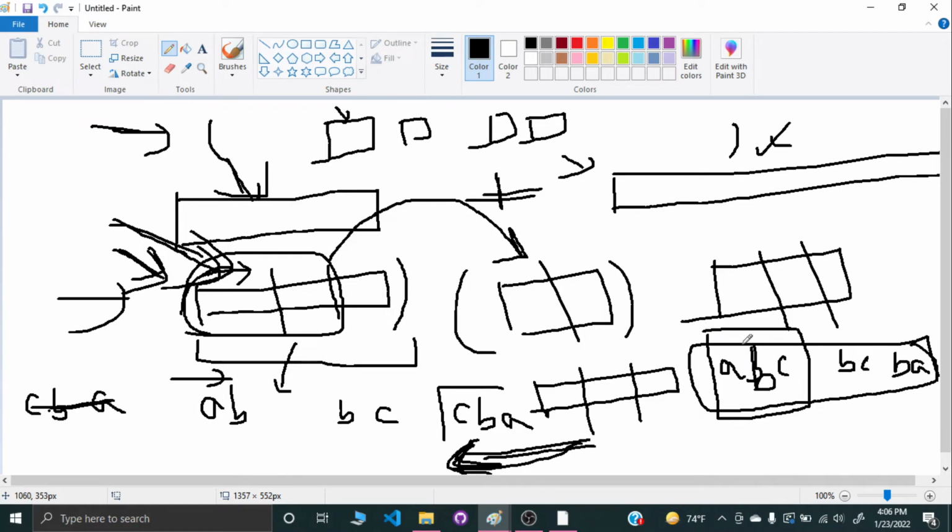If this is part of the palindrome, then there has to be some prefix of this string existing as a suffix in further strings, not backward. Why not backward? Because I'm executing it as a subsequence. I hope you're getting it. I want to make this my first part of my palindrome.